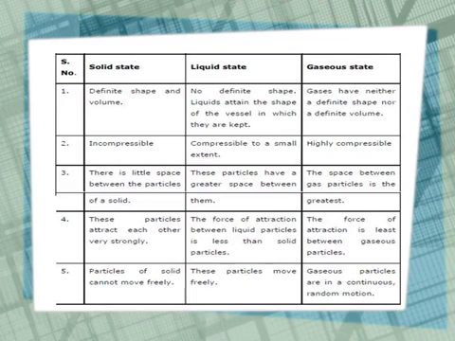Now in this table I have listed the main differences between the three states of matter. There are many differences listed in the table given in your book. You have to go through it and learn it, but these are the 5 main distinguishing properties of the three states of matter. Solids have a definite shape and volume. Liquids do not have a definite shape, but have a definite volume. And gases neither have a definite volume nor a definite shape. All this you have learned in class 5. We had even done some experiments on this.